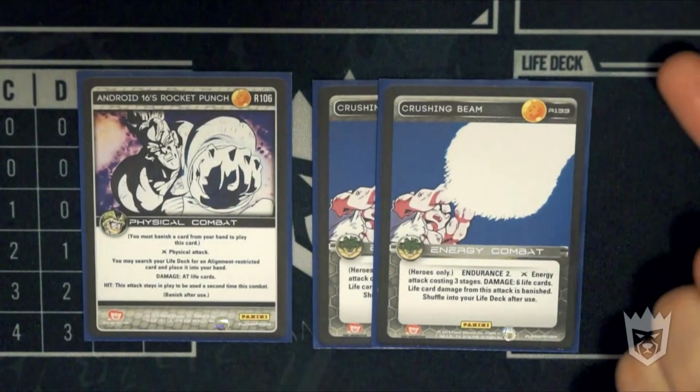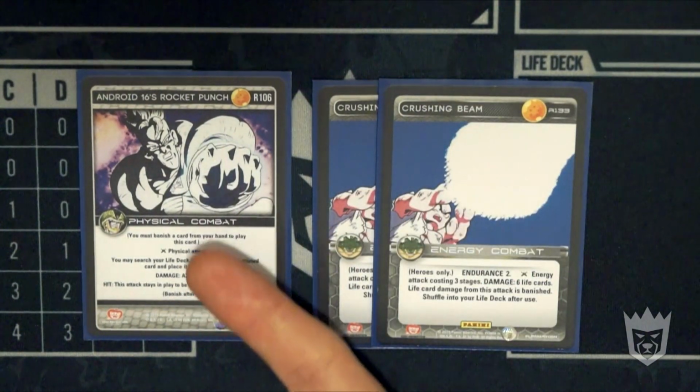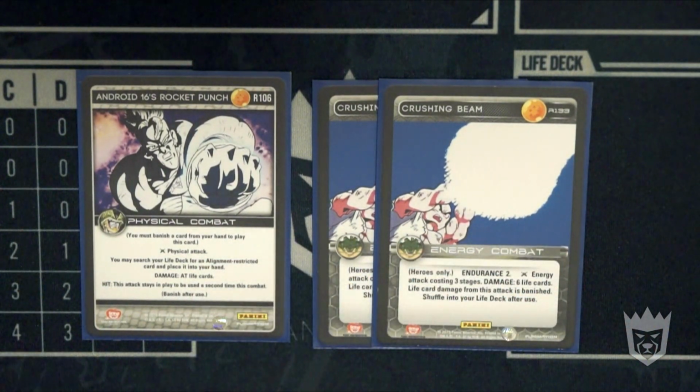Their turn, throw Crushing Beam. Crushing Beam is shuffled back in the deck. Android 16's Rocket Punch, fetch Crushing Beam. Throw Crushing Beam, it's shuffled back into the life deck. This one card combo gets out Crushing Beam, if you're at a decent AT stages, even if you're not,